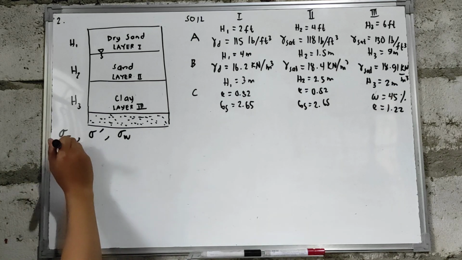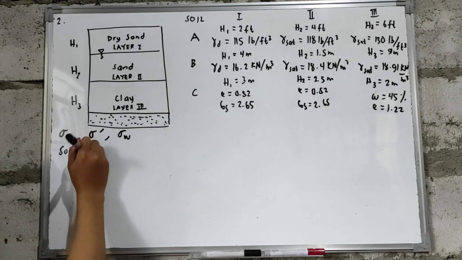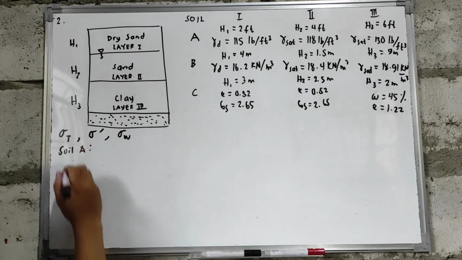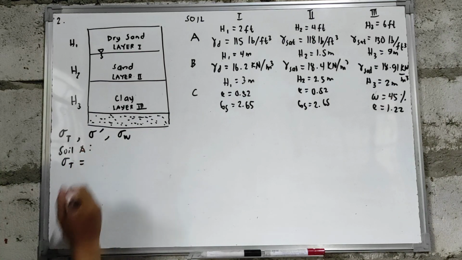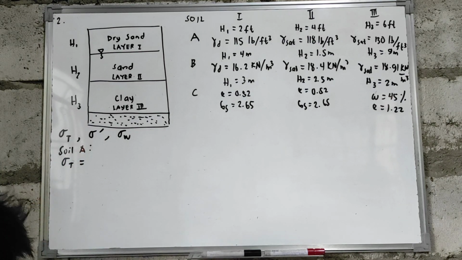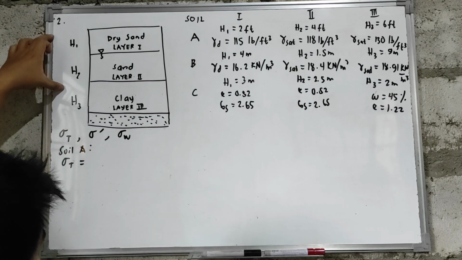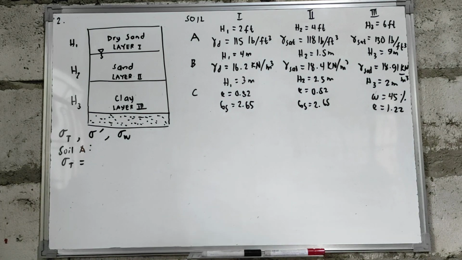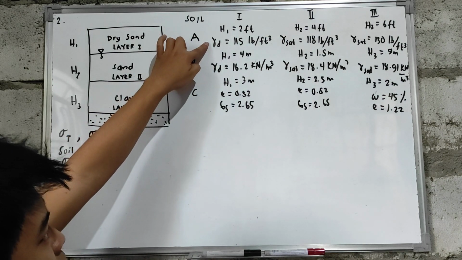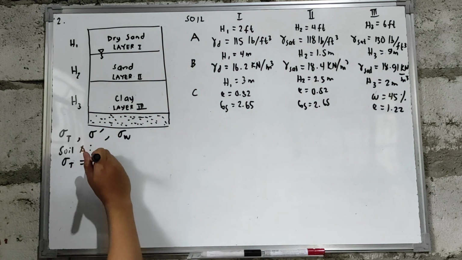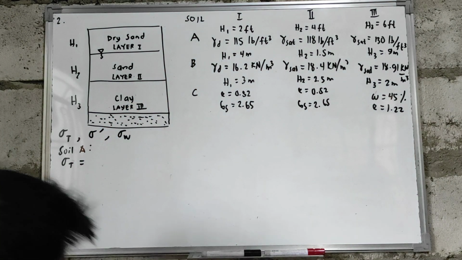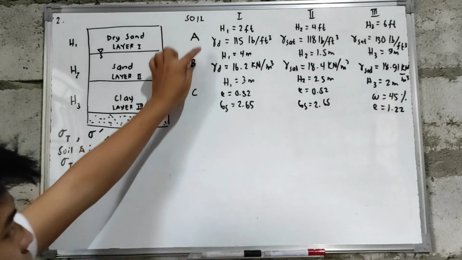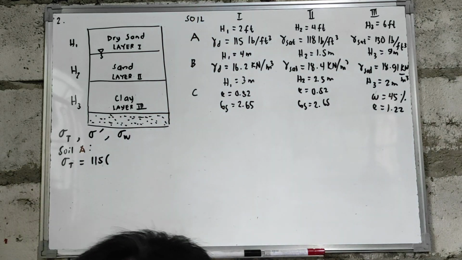So let's consider first yung soil A natin. So hanapin muna natin yung total stress. So para mahanap natin yung total stress, gagawin lang natin dyan is yung unit weight multiplied by the height. So dito, we have a given dry unit weight which is equal to 115 multiplied by yung height niya which is equal to 2